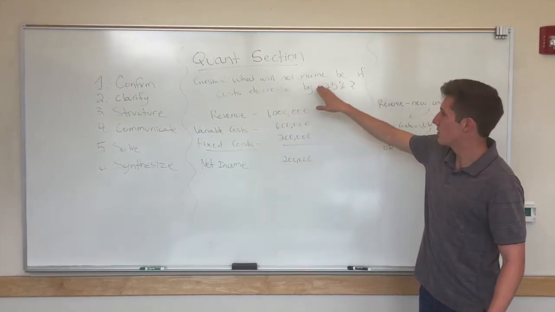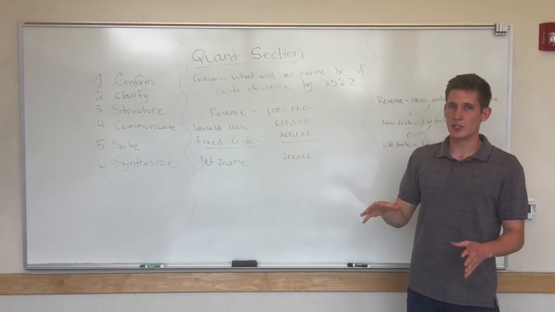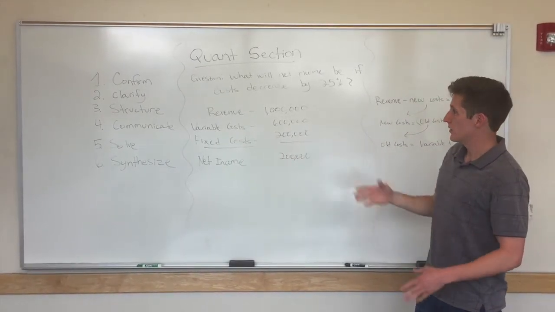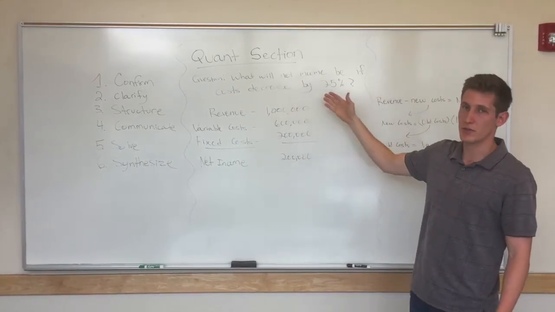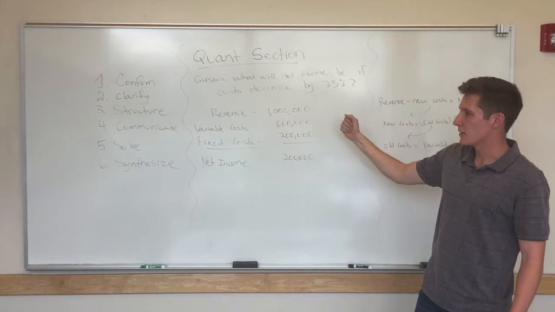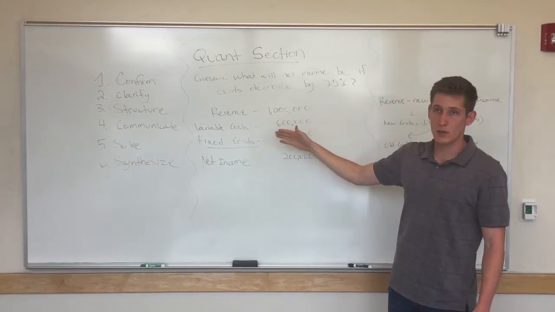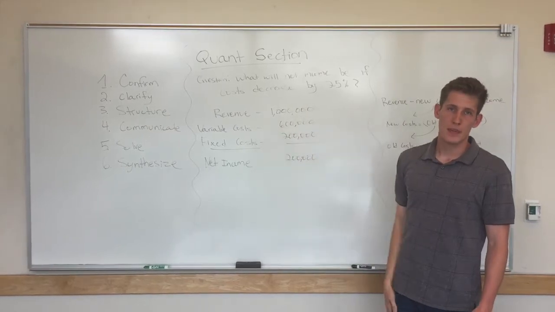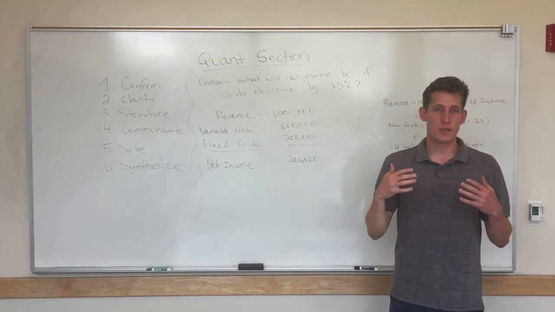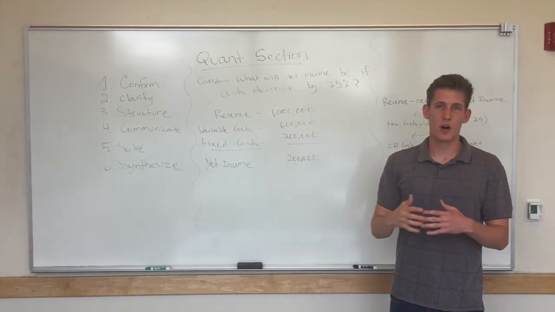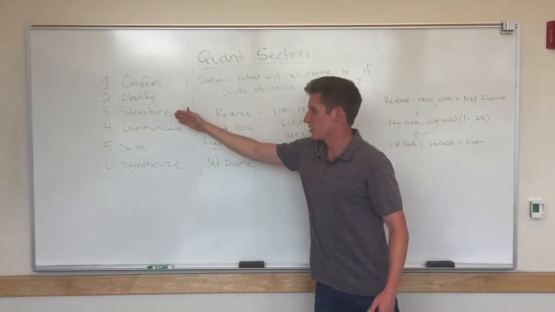Clarify is taking any part of the prompt that you might not understand or any part of the data that's unclear and making sure you understand exactly what those numbers mean. So in this case, it's kind of ambiguous. They say, what will net income be if costs decrease by 25%? So you might ask, when you say costs, do you mean variable costs or fixed costs or both? And the interviewer may say, for this example, let's say the interviewer responds, we mean variable and fixed costs. So all costs decrease by 25%. You say, great. Now you move on to the structure portion.